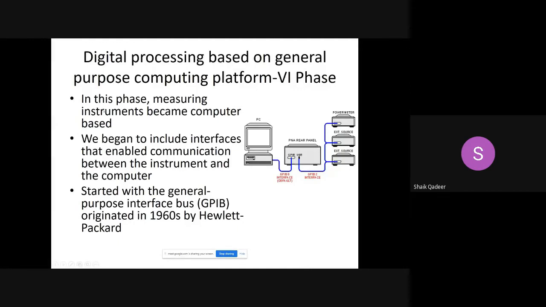But before actually going into the adoption of computers or software in our instrumentation, we first start with the testing of instruments without writing the functionality of the instrument in the computer. So the first thing which started in this phase is the testing of instruments. The testing of instruments can be done with the help of GPIB. Actually, this was started in 1960 by Hewlett and Packard, and that was originally called HPIB. Later, it was called GPIB. This GPIB is still in use. The purpose of this GPIB is to test the physical instruments, their working, their functionality.